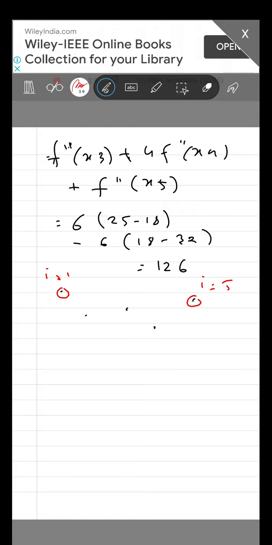If we assume the curvature ends here, we need to write that the double differentiation at x1 is equal to 0 and at x5 is equal to 0. So considering these two conditions, we get